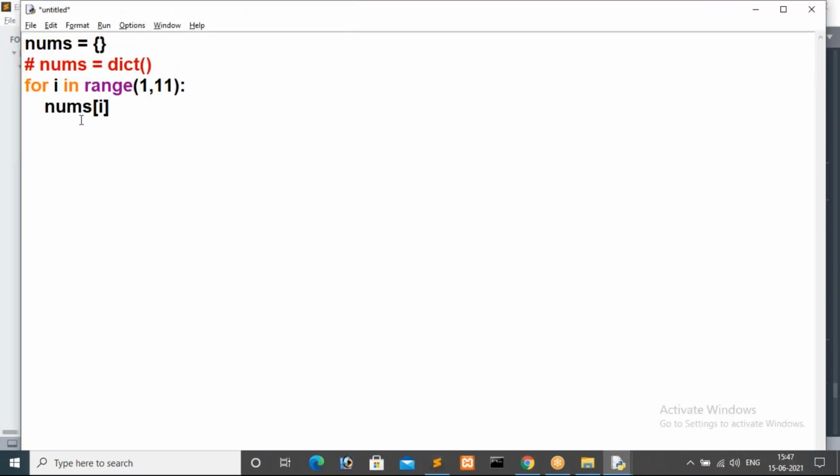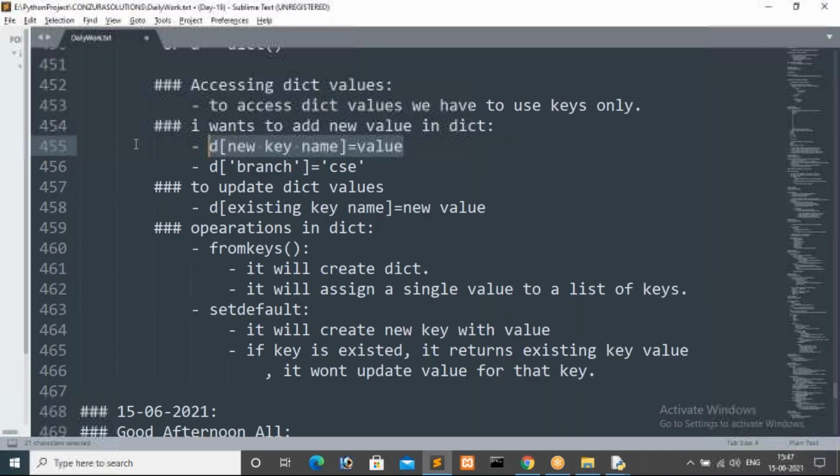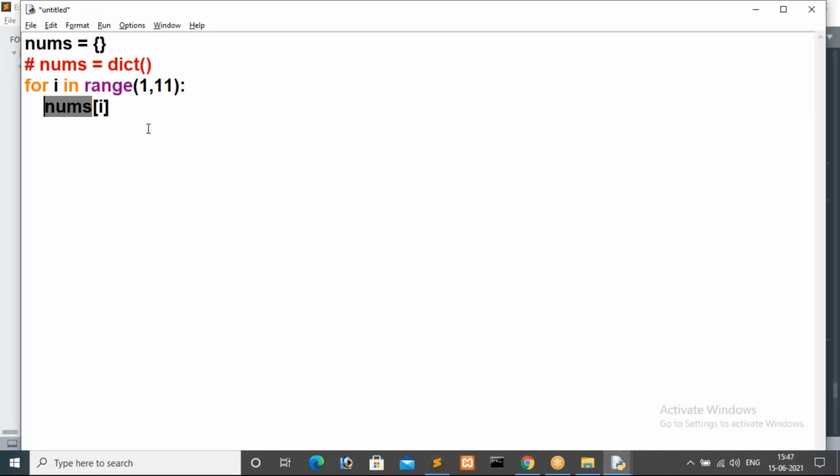For that case, what is the dictionary here? Nums is the dictionary. Nums of new key, what is the new key here? The iteration value is the key here. The iteration variable holds the key. In each and every iteration we get a number, 1 2 3 4 5, up to this range. In each iteration I want to make this iteration variable, the iteration value, the key.